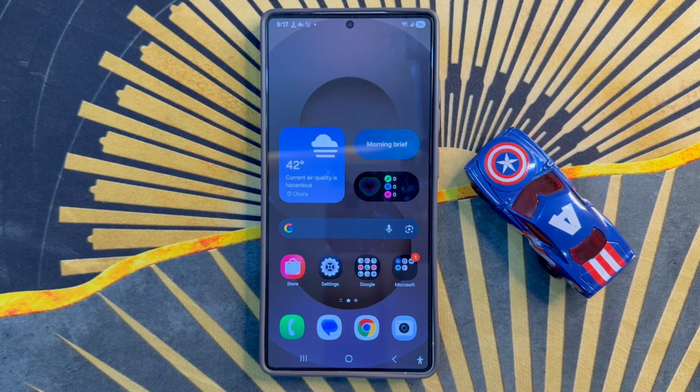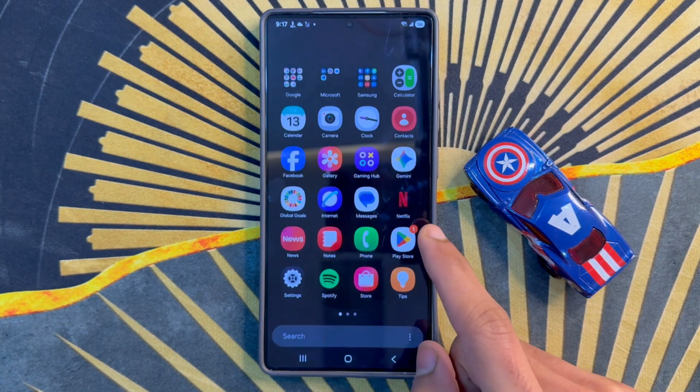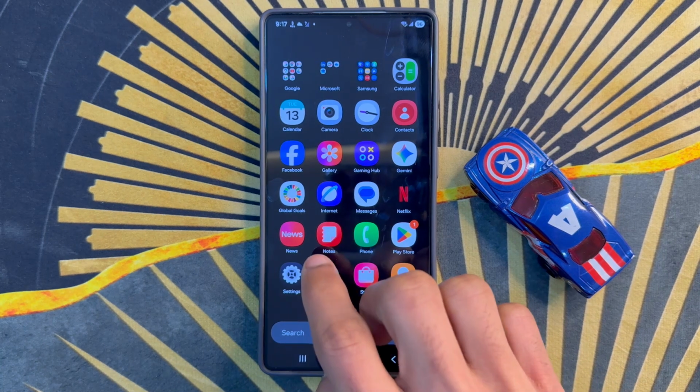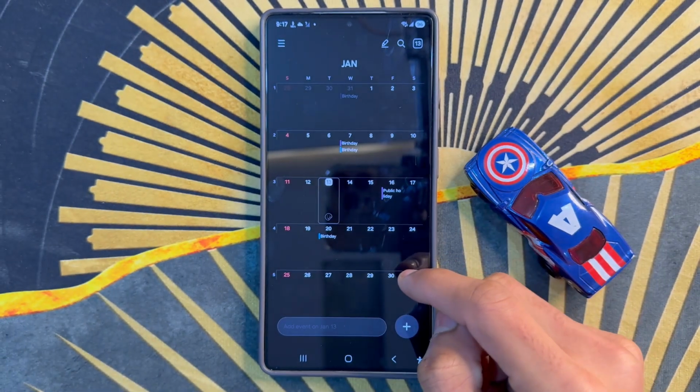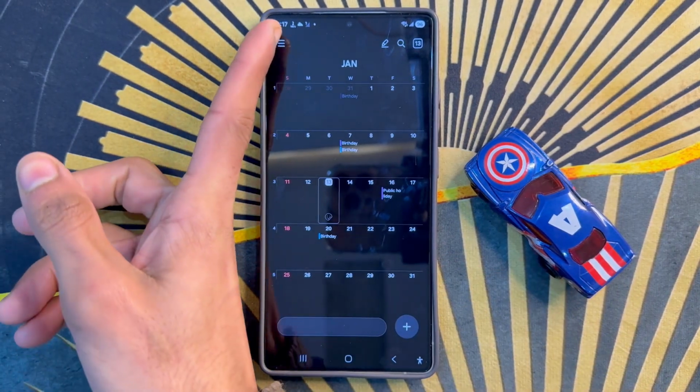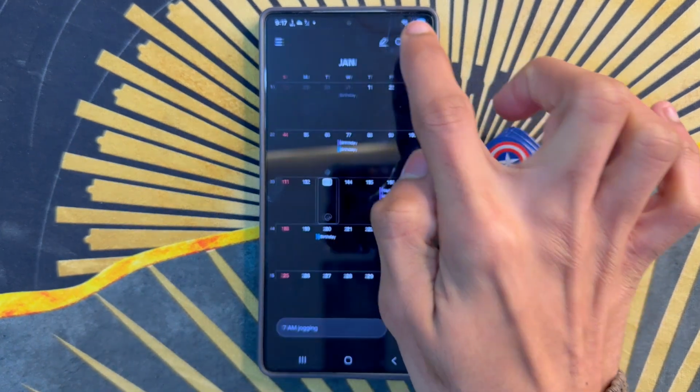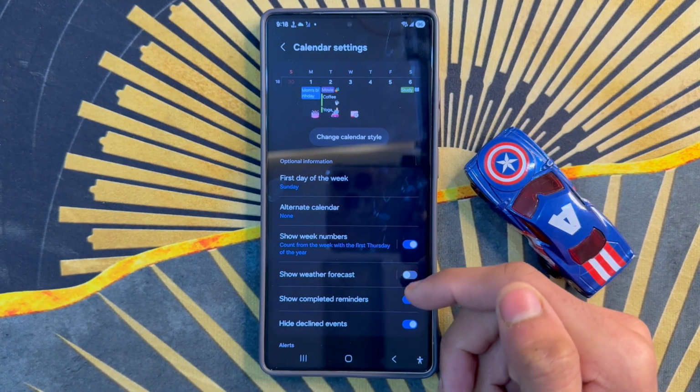Let's start the video. First of all, go to app library. Here, click on calendar app. After clicking on calendar app, click on this three line icon and click on settings icon. Now in calendar settings,